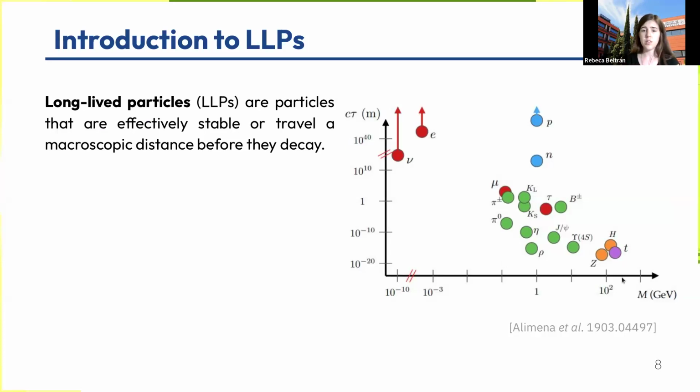And in the standard model, for example, we can already find some examples, for instance, the muon, kaons, B mesons. All these particles have decay lengths of the order of meters. So they are observable within colliders, within detectors, I mean. But